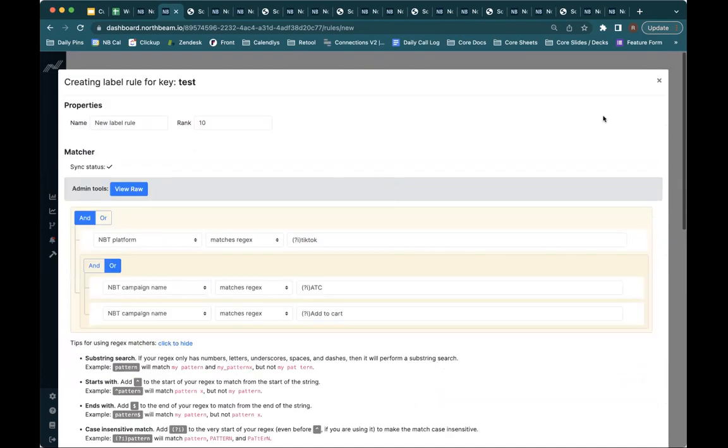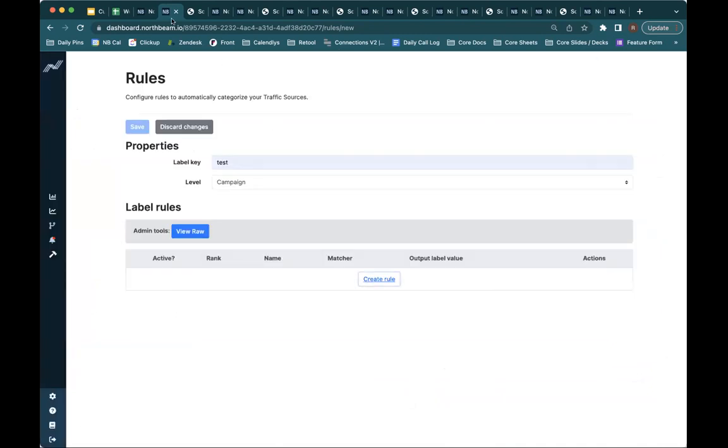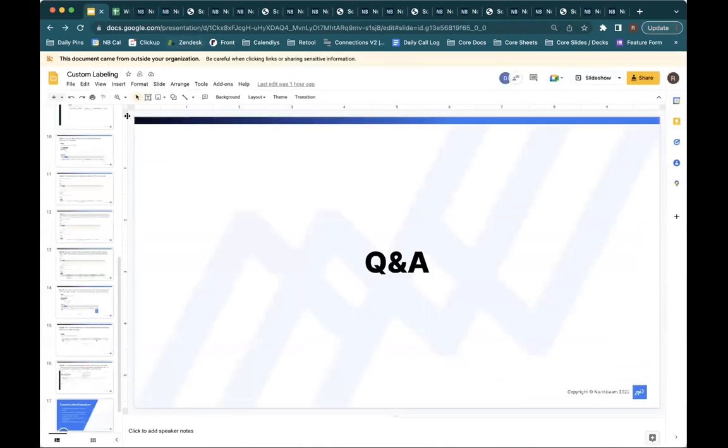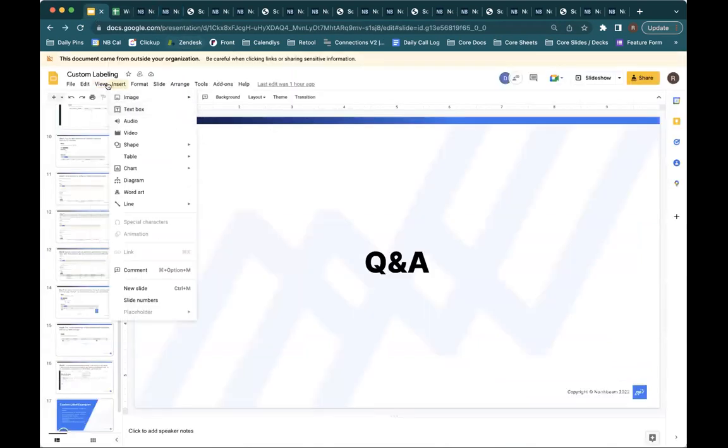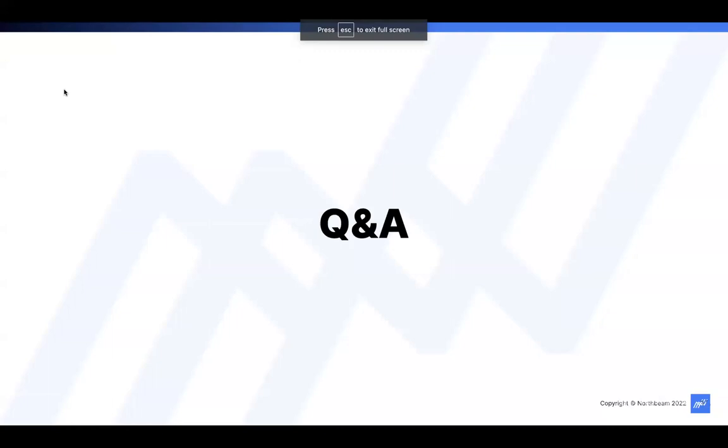Cool. Yeah, the naming conventions are just so important. And obviously everyone on this call should know that, but it really does make a world of difference when you're able to come in here on a quick view and look around, right? And just have, hey, I just want to see which landing page is working, or if the landing pages versus PDPs are working better, and all those kind of things. So that's how we recommend really utilizing Northbeam to its full potential. So does anyone have any more questions that we can answer